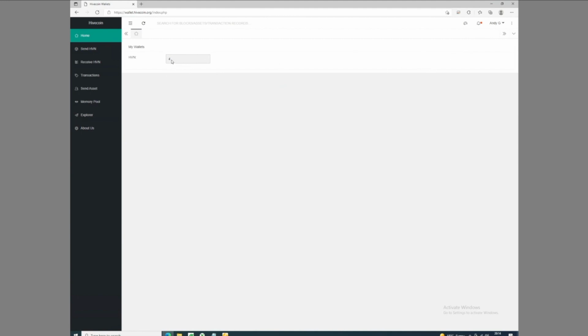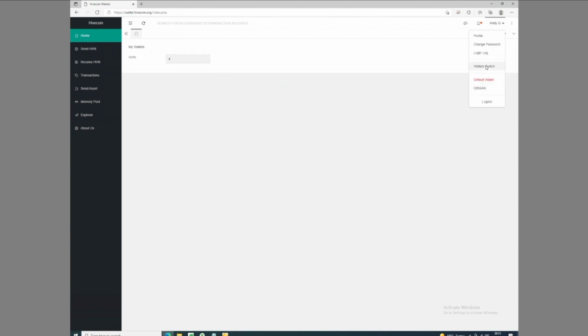What I can do now, I can either keep this separate wallet and use it as a cold wallet if I wanted to, or I can mine to this wallet and keep the wallet that I've got on my machine with the backup as the cold wallet. So you've got 2 options, or you've got the third option. You can import your wallet from your machine using your seed phrase, your mnemonic seed. You can import it into the web wallet, and to do that you need to go